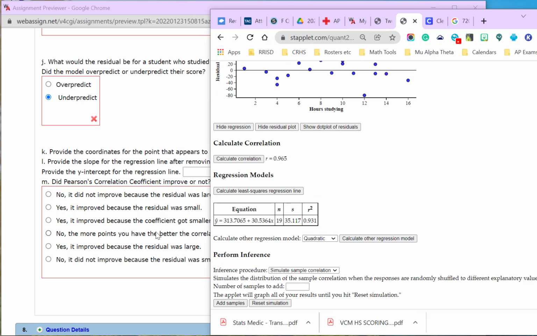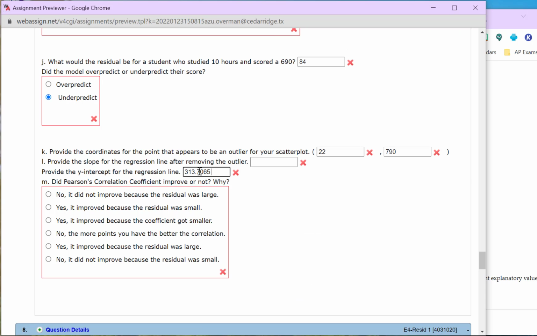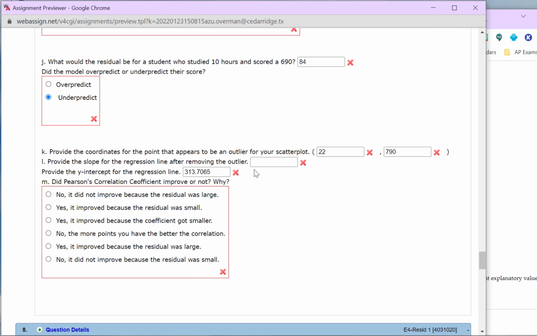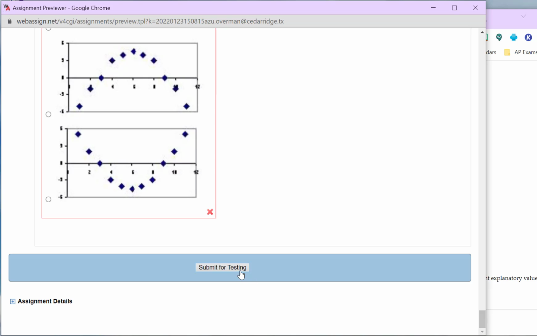All right. So it asks, provide the y-intercept. The y-intercept is now 313. Oh, and we also want the slope. Slope is, without the x, don't put the x in there. And they're both positive, so I don't have to worry about leaving out a negative. Yes, it improved because the residual was large. All right, that is the correct answer. That was a very large residual. So if I hit submit for testing,